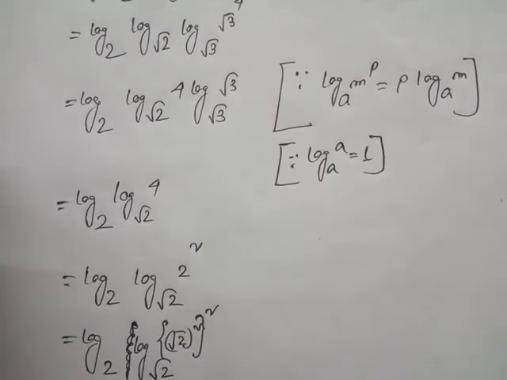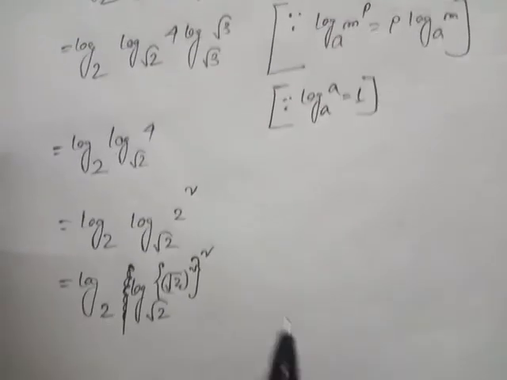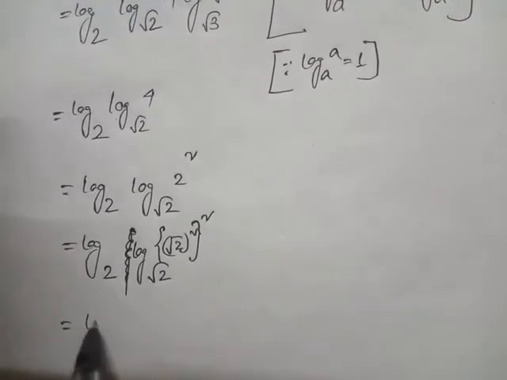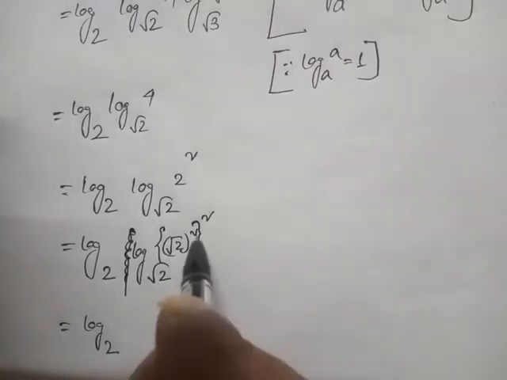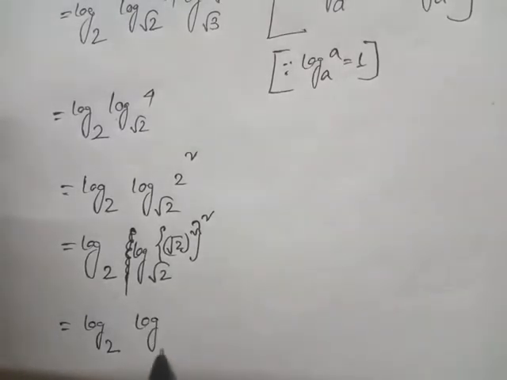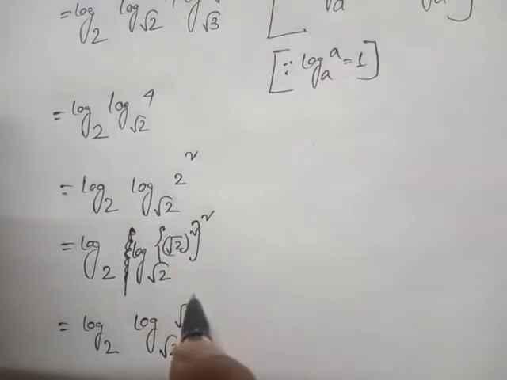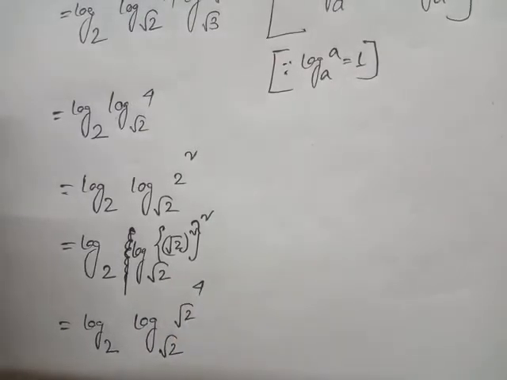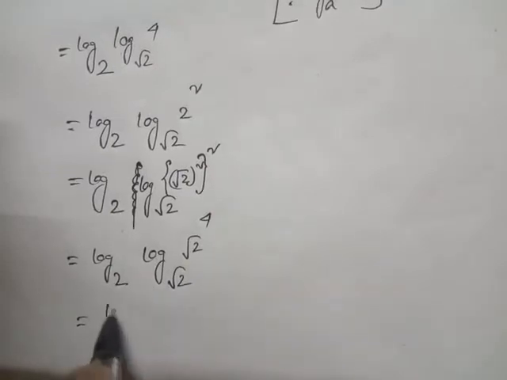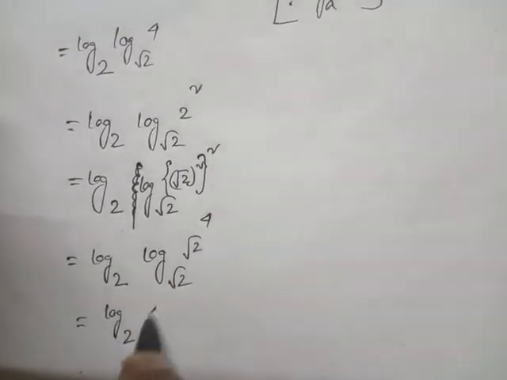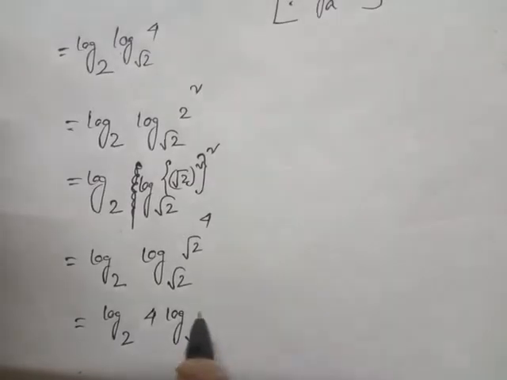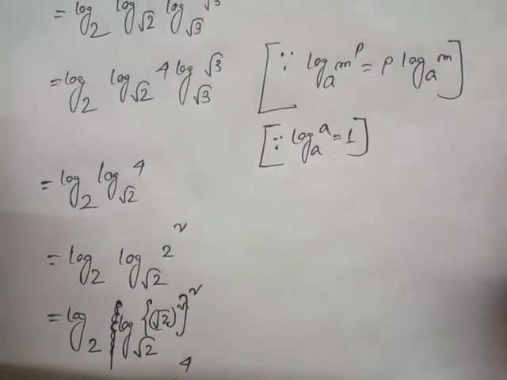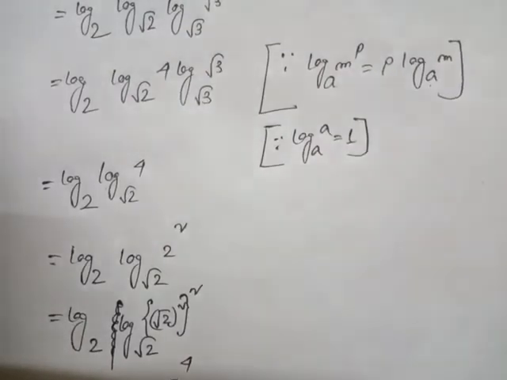And look, after that, so 2 into 2 is 4, 2 into 2 is 4, so next would be log base 2, and this 2 into 2 is 4, which means log root 2 and root 2 to the 4 will be here. Now in the next step this will come down here, so log base 2, 4 will be here, so log root 2 and root 2. Now again I have used the formula here, this formula I am using again here, and this formula again I am using here.